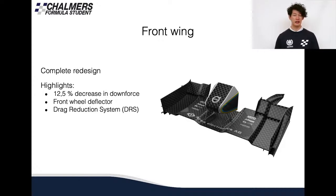Therefore, the biggest challenge this year has been to create a front wing that generates as much downforce as possible without neglecting other parts. And the problem with being the front wing guy is if I maximize the front wing downforce, I would neglect the side diffuser and the floor. This is due to me feeding the side diffuser and the floor with turbulent air. And turbulent air means less energy air, meaning that the side diffuser and the floor will be neglected, leading to